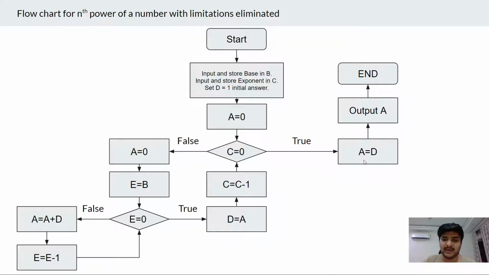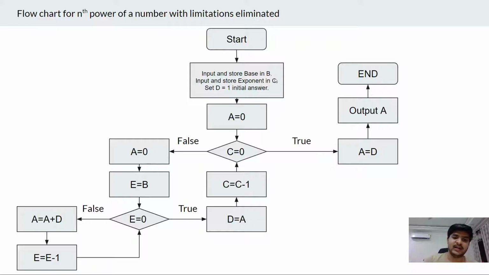Then A will be outputted, that is 1, which is the correct answer for any base. A to the power 0 is always 1, except that 0 to the power 0 is not defined, so we will not consider that case. So if C is 0, it will output 1, which is the correct answer, and end the program. So one problem is solved.